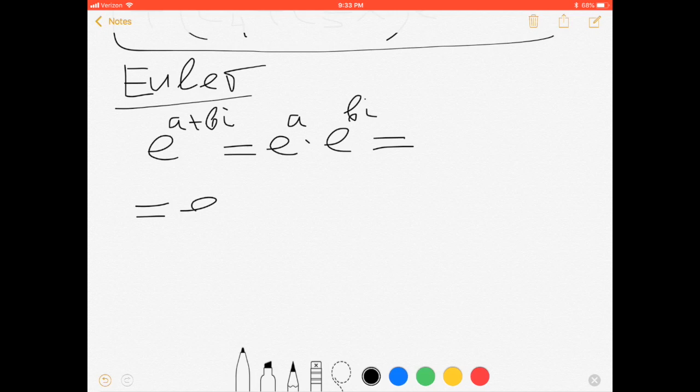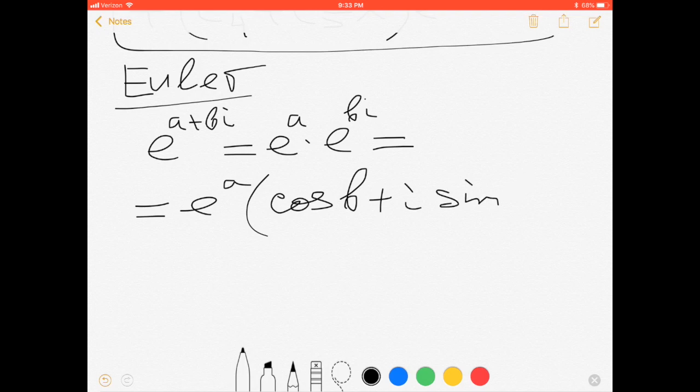For imaginary numbers, you have this kind of writing: I can write cosine b plus i sine b. Use this fact